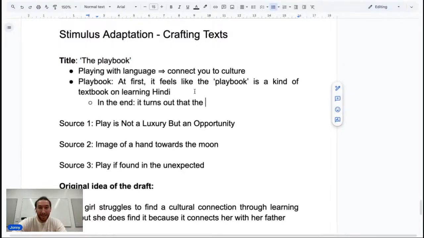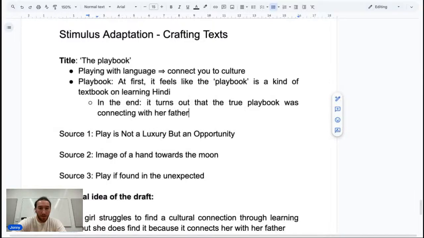She thinks that, okay, I need to learn Hindi. This is my playbook. This is how I can connect. It turns out that the true playbook was connecting with her father to learn Hindi, because that ultimately gave her the fulfillment of both.